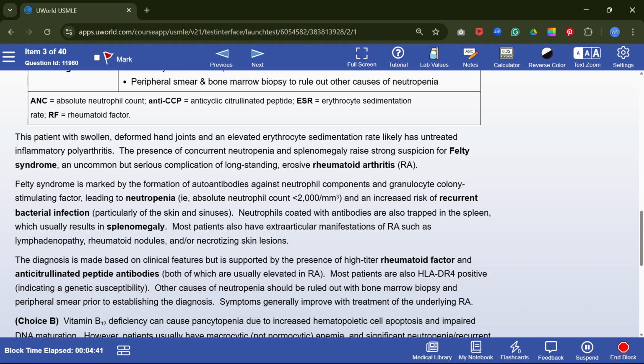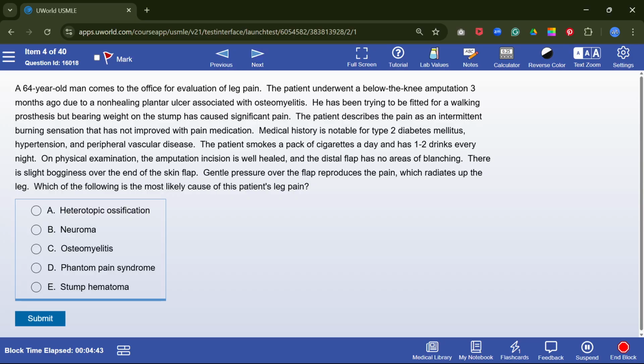Most patients have extraarticular manifestations of RA, such as lymphadenopathy, rheumatoid nodules, and/or necrotizing lesions. The diagnosis is made based on clinical features but is supported by the presence of high titer rheumatoid factor and anti-CCP antibody, both of which are usually elevated in RA. Most patients are also HLA-DR positive, indicating genetic susceptibility, and other causes of neutropenia should be ruled out with bone marrow biopsy and peripheral smear before establishing the diagnosis. Symptoms generally improve with treatment of the underlying RA. Next,